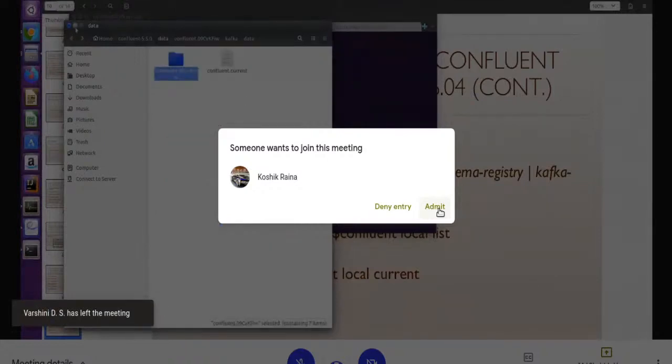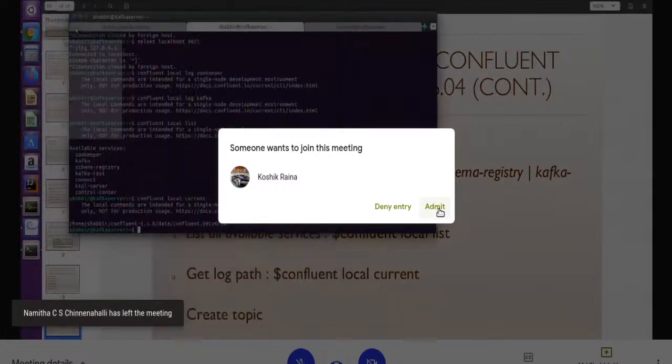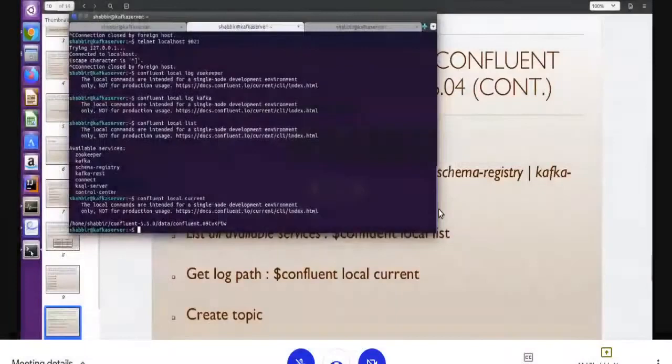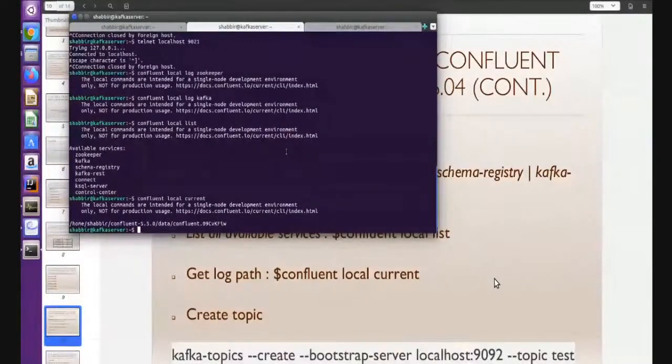So now my Confluent platform is up and running, and I know how to stop it, how to check the status, and how to start it. Everything we have seen. So now we can create a topic. It is a similar command, just like we have seen so far, and the same command will run here. How easy! You don't need to worry. Yesterday I was running so many commands, Zookeeper commands and other commands, but here only one command will run all the servers.